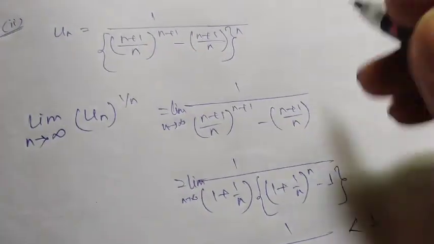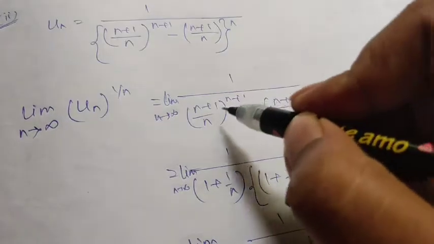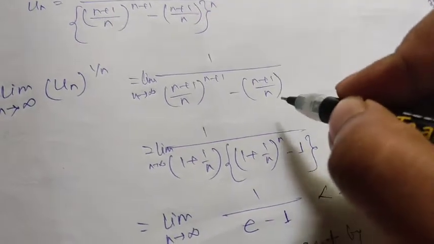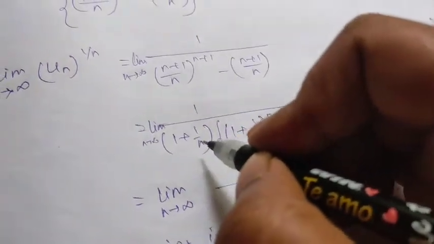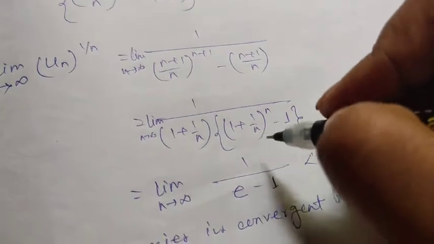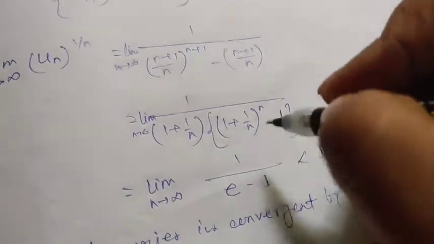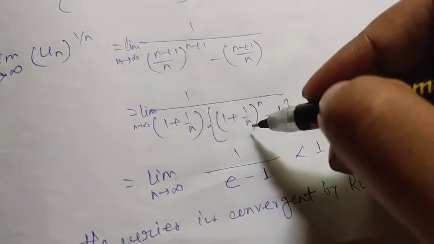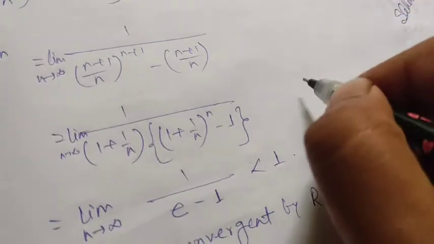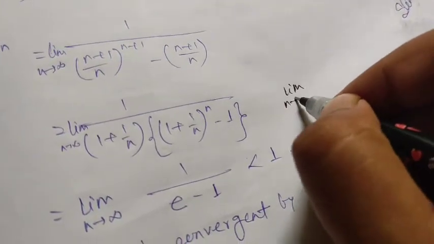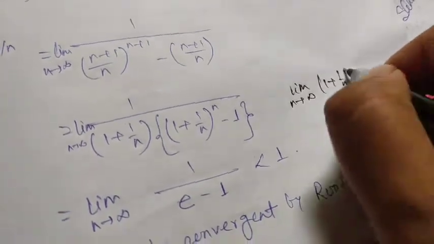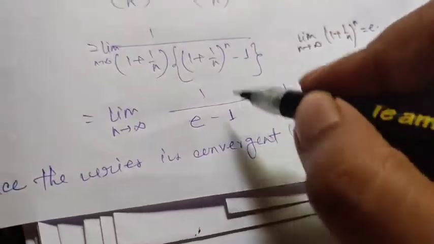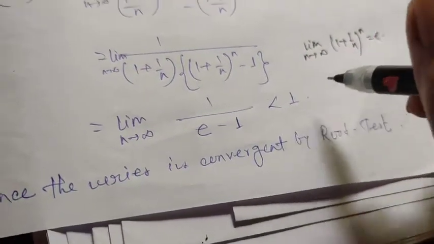Simplifying, we get (n plus 1) by n into (n plus 1) minus (n plus 1) by n. If we take (n plus 1) by n common, we get 1 plus 1 by n after simplification, and we get (1 plus 1 by n) whole to the power n minus 1. As n tends to infinity, 1 by n will be 0, and we know that limit n tends to infinity (1 plus 1 by n) to the power n is equal to e, into e. So we get the value 1 by e minus 1,